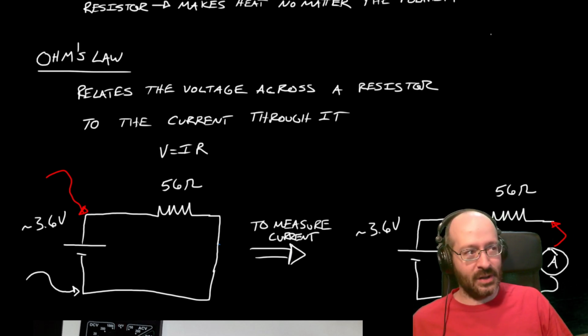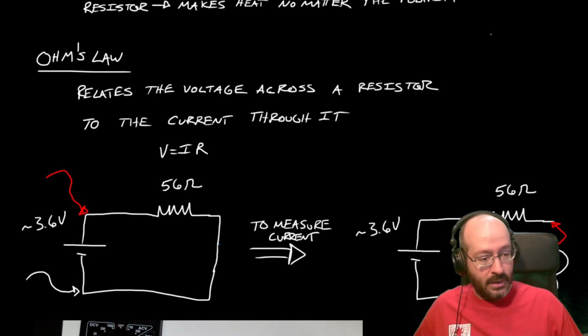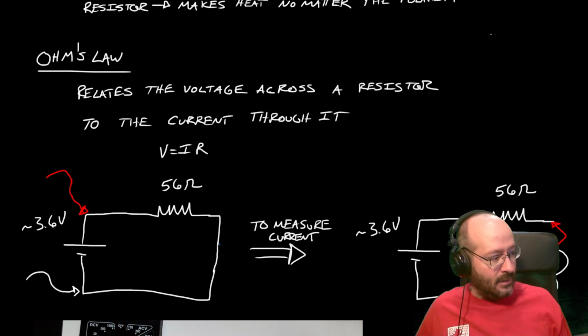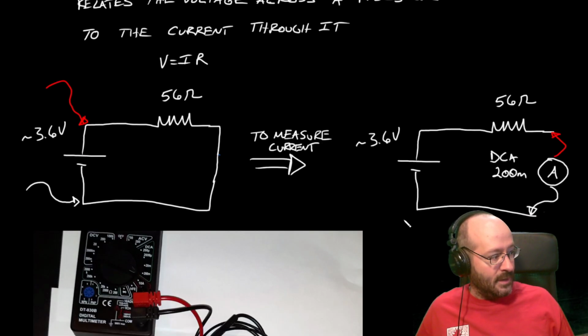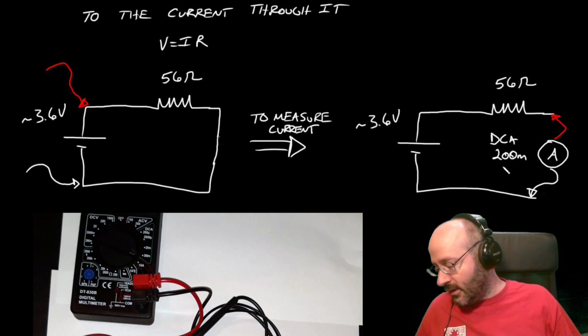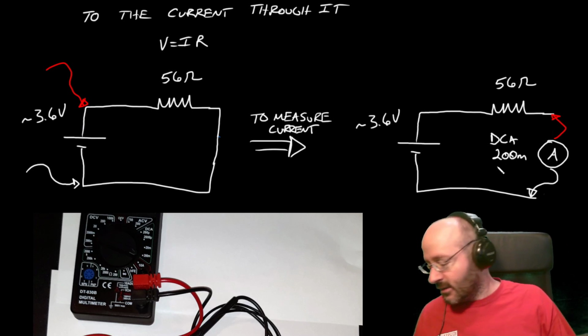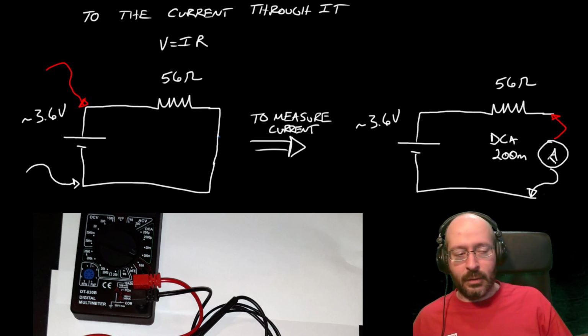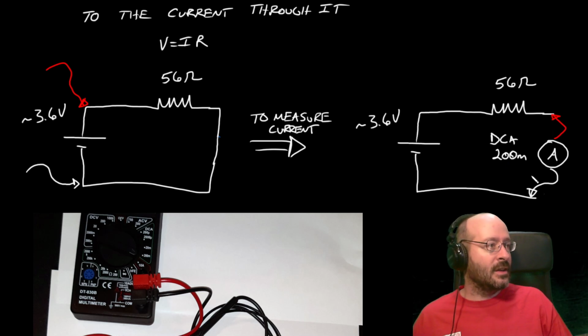So it's still the multimeter, but we turn it to be an ammeter. So we'll turn it to DCA. And is that behind my head? Yeah. We'll turn it to DCA, and 200 milliamps should be sufficient to do this. And we let the current flow through the ammeter, and as it flows through,